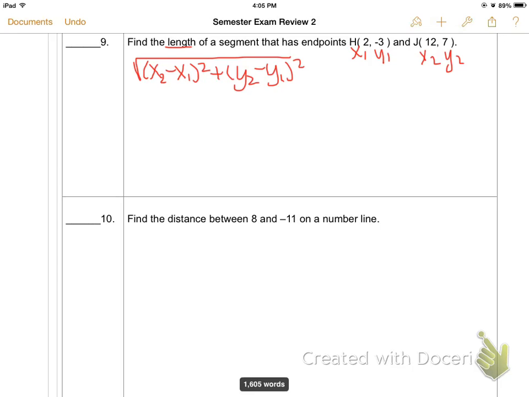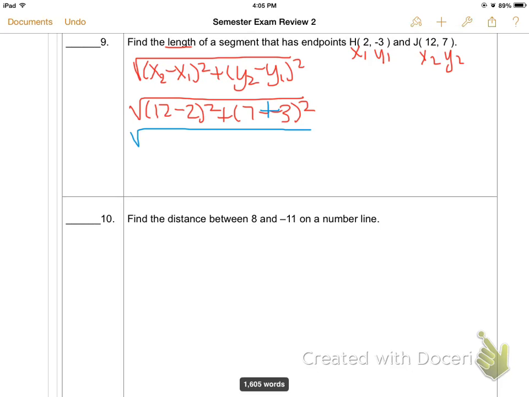Okay, now all I have to do is plug in your numbers. So now I have the square root of x2, which is 12 minus 2 squared, plus 7 minus -3 squared. So if you look here, I had 2 negatives. Whenever I have 2 negatives, that makes a positive. So that's going to be 7 plus 3. So now I have the square root of